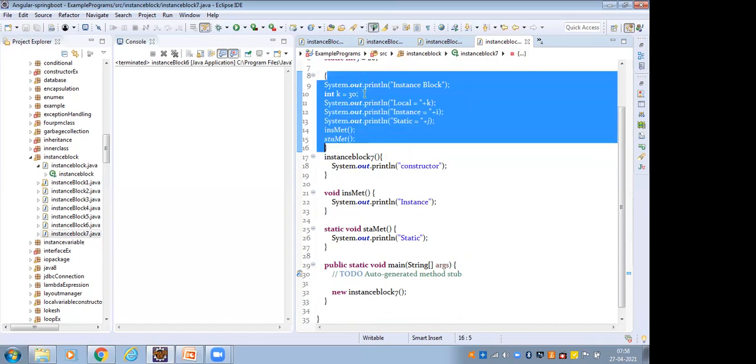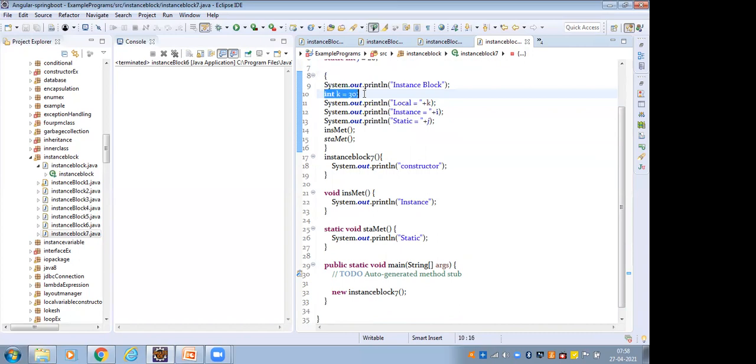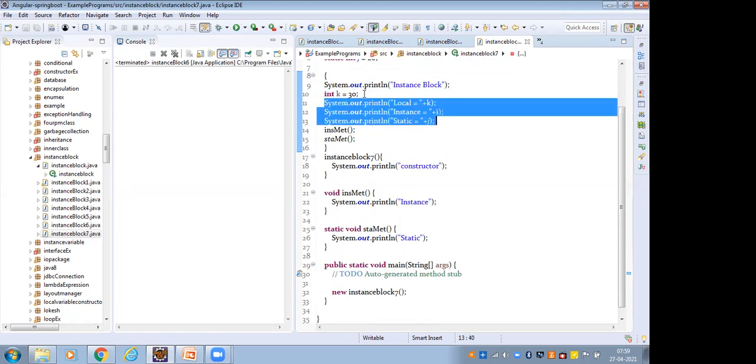Inside the instance block, I have to create a variable. This variable is a local variable. Then I can access all these three variables: local variable, instance variable, and the static variable.